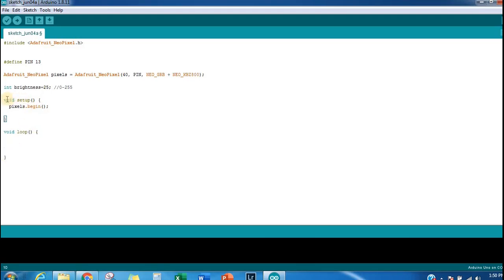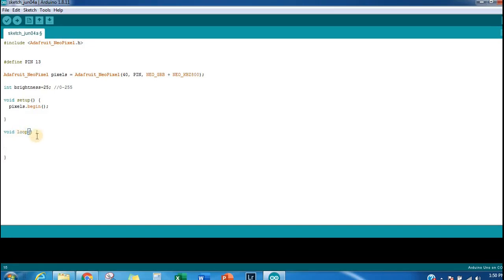I hope that you know about the Arduino sketch layout. There are two basic functions in any Arduino program, called setup and loop. Setup is where we initialize all the variables and methods in the program, and this setup function is executed only once, while the loop function, as the name says, is a loop.